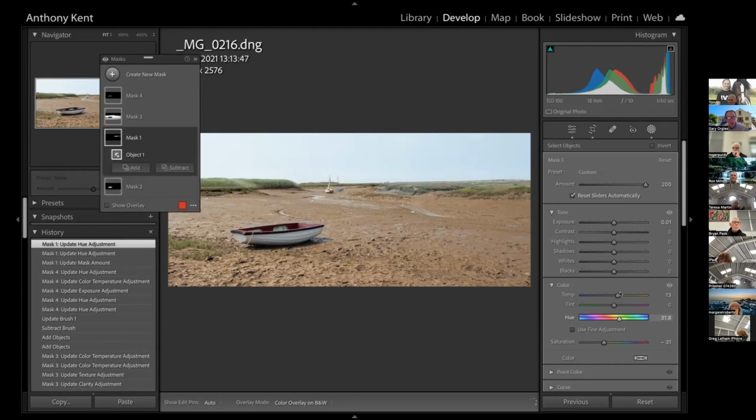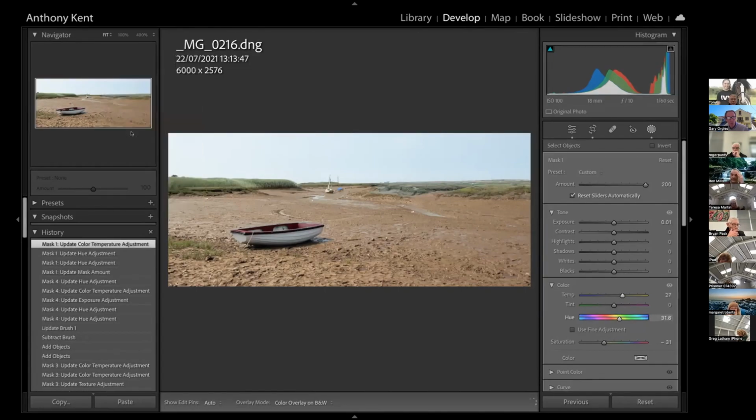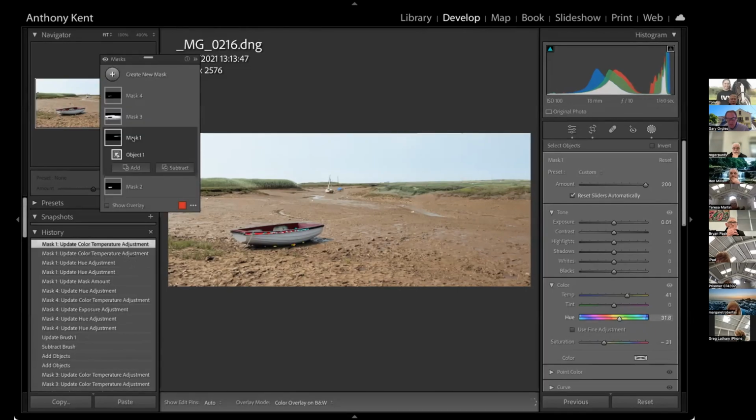I'm going back to mask 1, Tony. Is it doing it on your computer, Tony? Or is it just the internet? I'm here. I think one of the problems is that we're both making adjustments. Well, what I'm trying to do is, you've got a mask 1 that you've not named yet, so that's your grass to the right. If you click on that mask, you should be able to change the sliders on the right. So you can turn that up a little bit more,